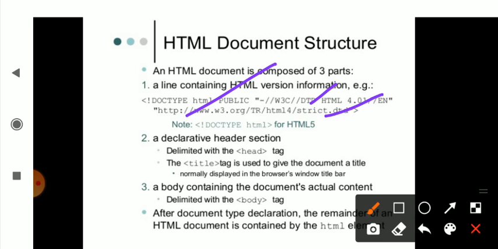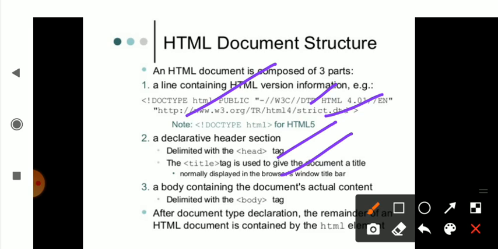The second part is the declarative section, where I want to give a name for my particular section. I use the head tag, which specifies the document type and the contents in the heading. And with the title, I can put a title for my document, like a chapter name or something. I mention a certain title name between the title and slash title tags. I end the title with slash title and the head with slash head, at the end, after everything in the document is finished.